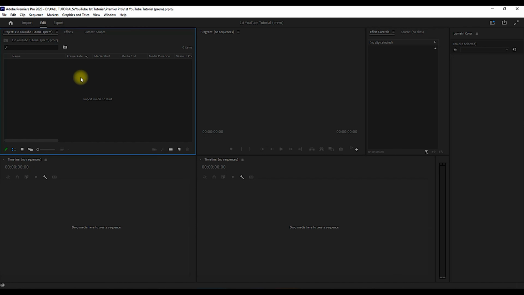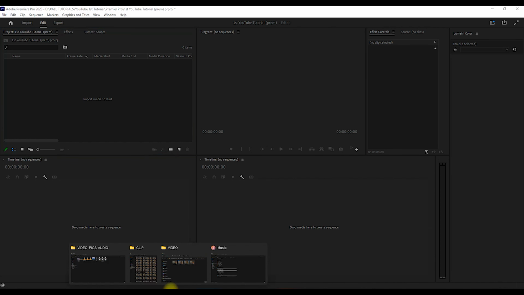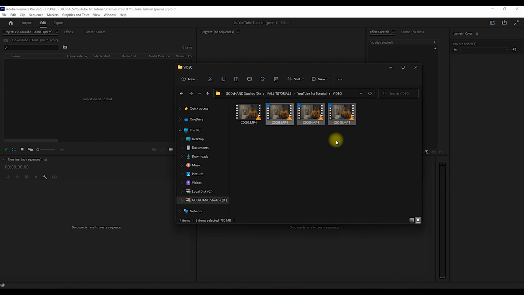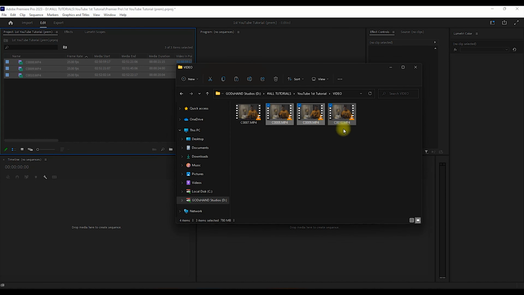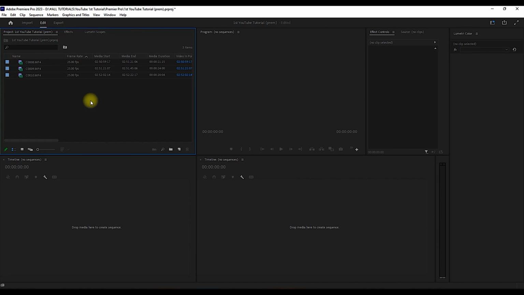Remember, we said that there are two major ways you can import videos to your project panel, and the first is through the import window. The second one is known as click and drag, and this is very simple. It implies going over to the folder you wish to import from, selecting the files which you wish to import, then clicking them as the name implies, then dragging them to your project panel. Now this will import the videos directly from your file explorer into your project panel.